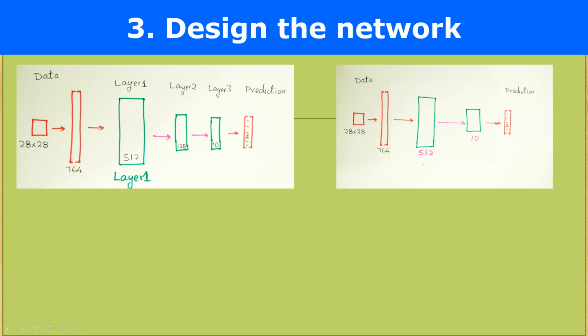The input data of 28 by 28, 784 is the size of the input data, and we pass it through these three layers: ReLU, ReLU, and Softmax. Softmax would classify the digits between 0 and 9, one of the 10 values. So the number of nodes here is 10, and we gradually shrink the value from 512 to 128 as we go through the various layers.